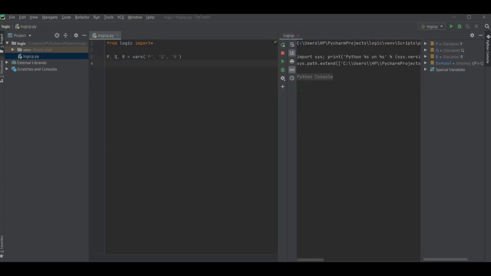Since we have these propositional variables, we work on some formulas. Formula 1. Now to display formula 1, we use this method formula 1. Okay, as formula 1 is propositional, now we use the truth table method for formula 1.